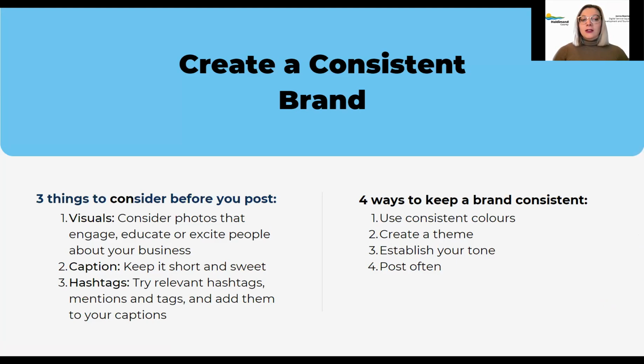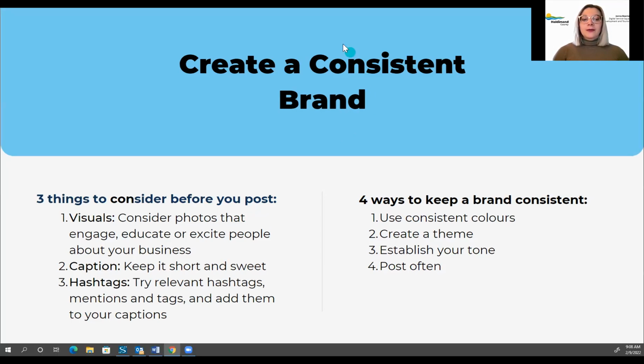And then 4 ways to keep your brand consistent. Use consistent colors. So try using the same color palette or Instagram filters across your photos and videos, and for an easy way to create consistency, you're going to want to create a theme. So consider similar photos that show unique sides to your business. For example, show behind the scenes, before and after shots of or a series of a service you use,